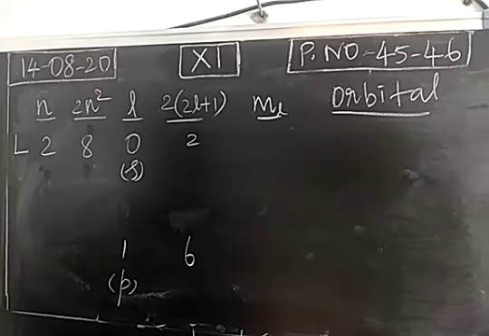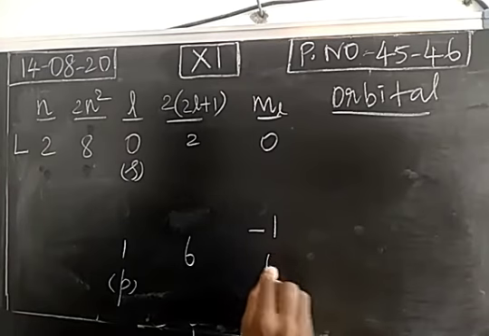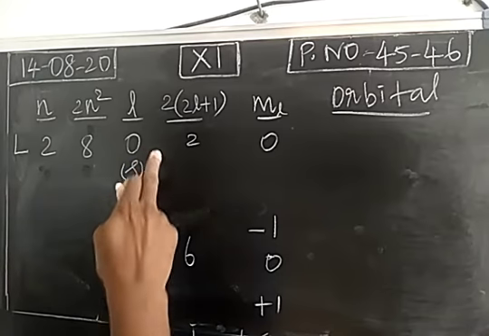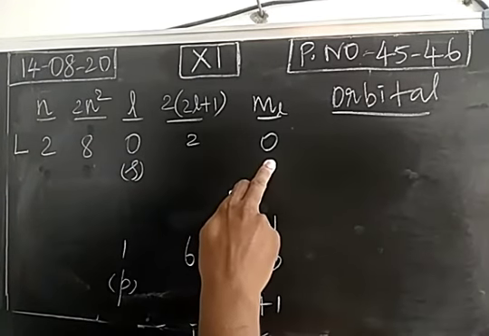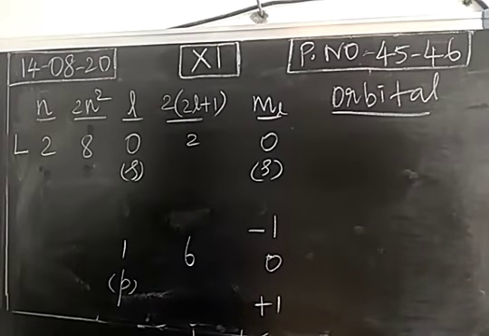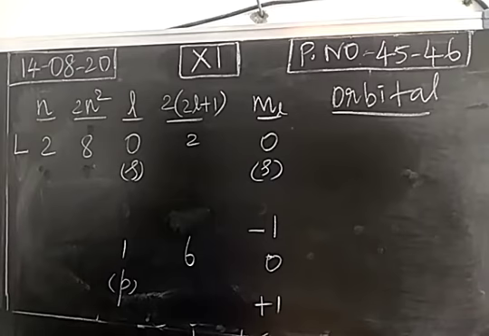Then the possible magnetic quantum numbers. The value will be minus l to plus l through 0. For 0, it means only one value. For this one, minus 1 to plus 1 through 0. Okay. So for the s subshell, for azimuthal quantum number 0, it has only one magnetic quantum number. So this is the s orbital. For azimuthal quantum number 1, that means for the p subshell, there are 3 possible orientations. So 3 magnetic quantum numbers represent 3 possible orientations.